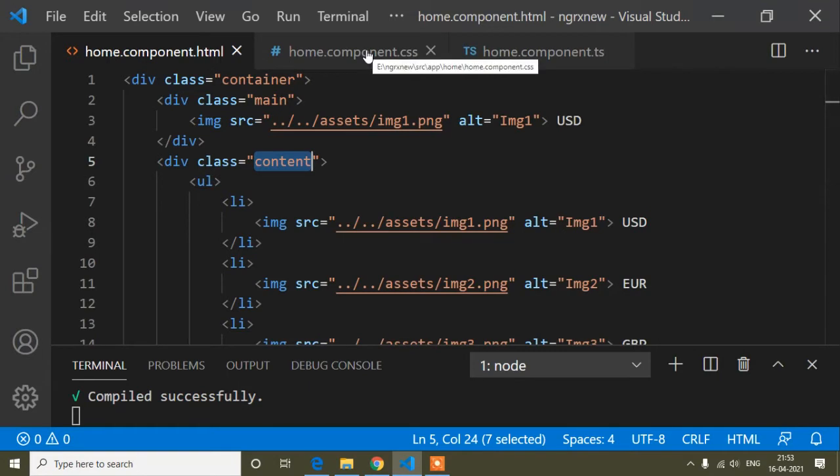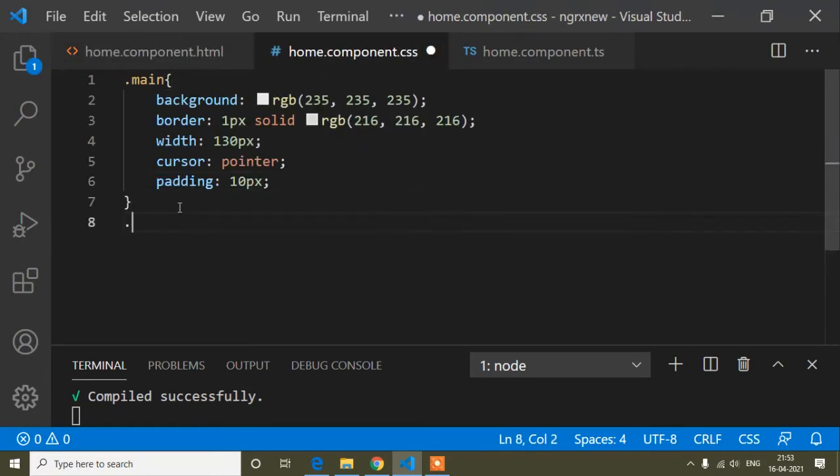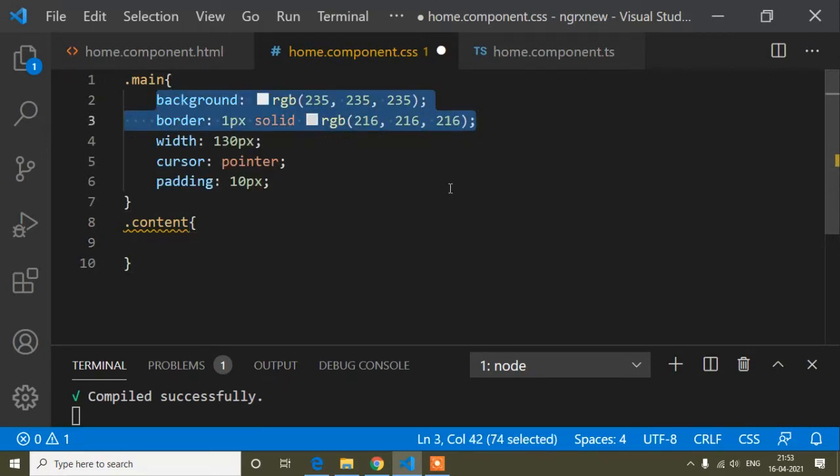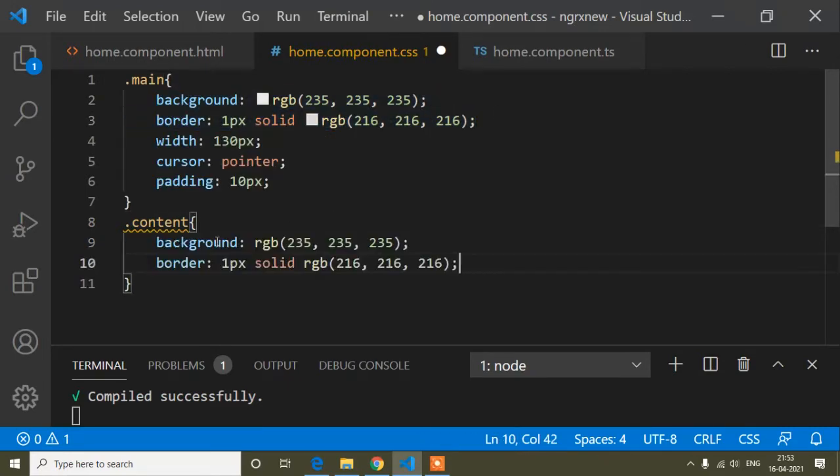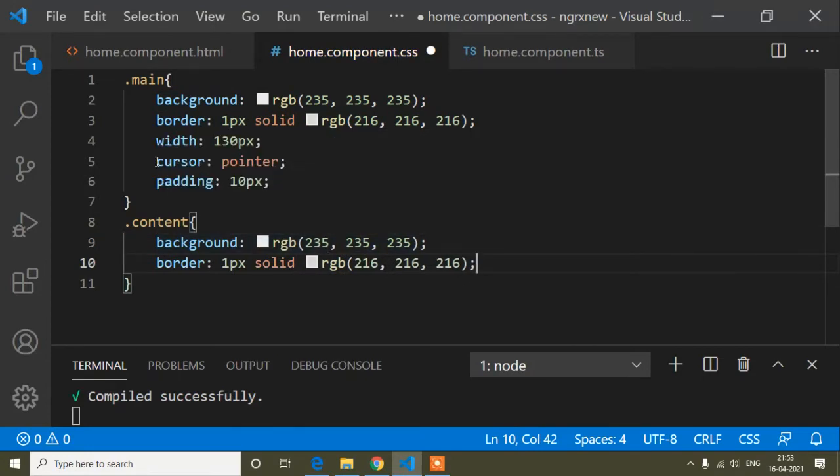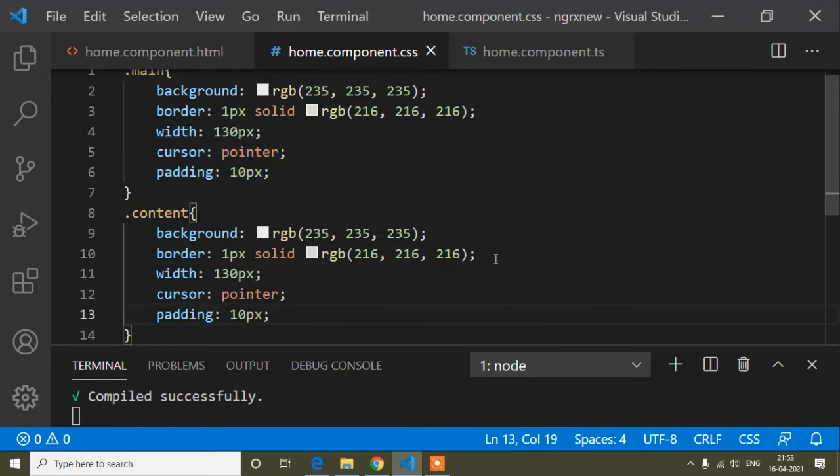So I will copy this content class and now paste. And now first of all here I will add background, and the border will be the same as this content, and here cursor and everything will be the same as here. Okay, so you can see now that everything is the same here.